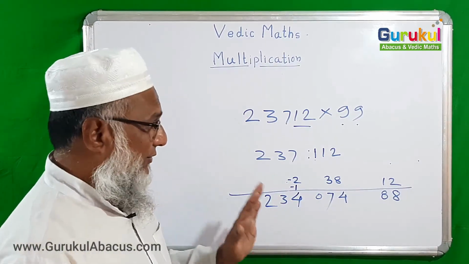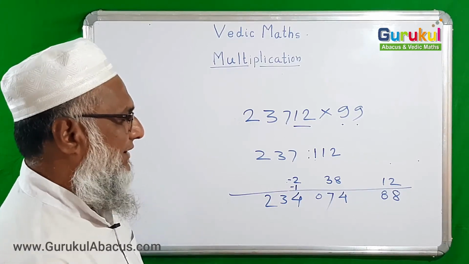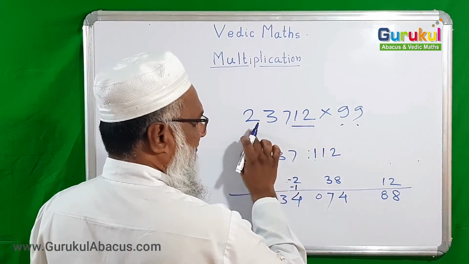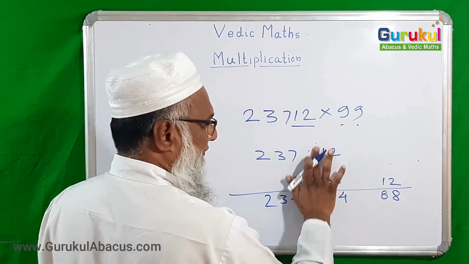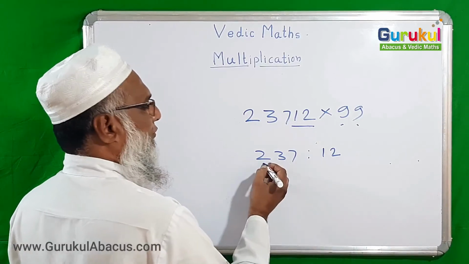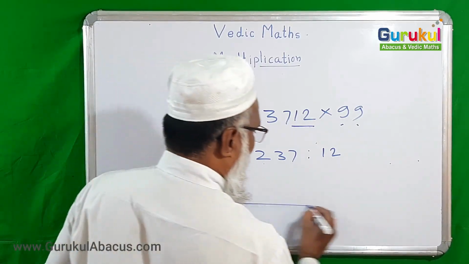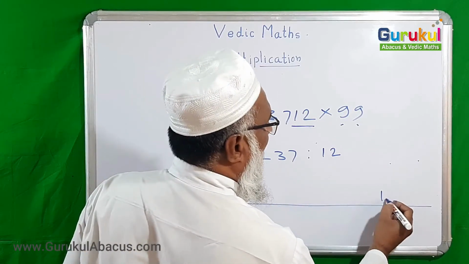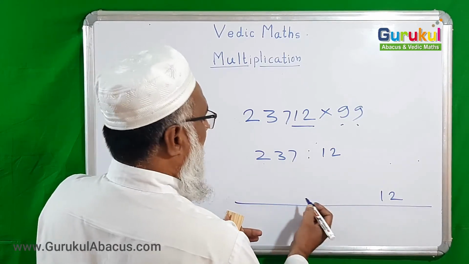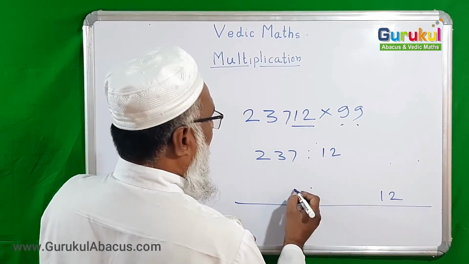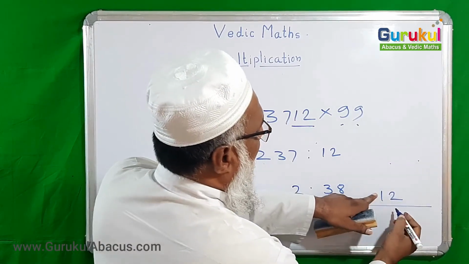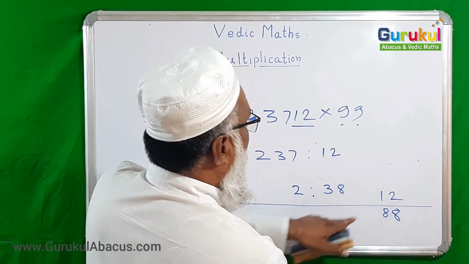This is the method. Again, to understand what we did to solve this example: the greatest number had 2 digits, so only 2 digits from this bigger number we put after the colon. Okay, I will rub it and again I will write. So we wrote 12 here and 237 here on that side. Now we put a line, this 12 again we wrote here, and then this 237, I want to write it 238, so I am writing after the colon, here I am writing 2 and here I am writing 38.